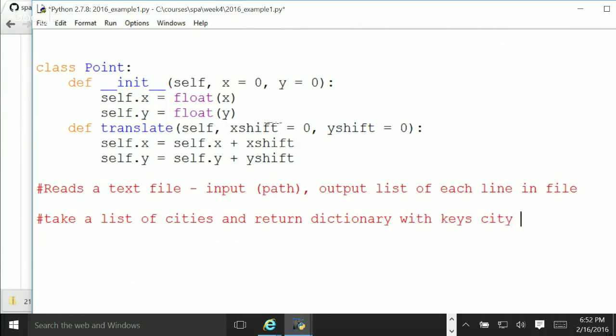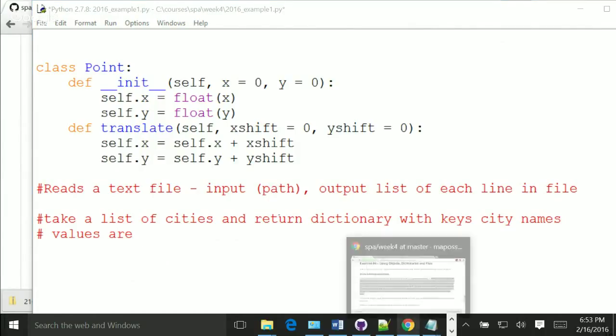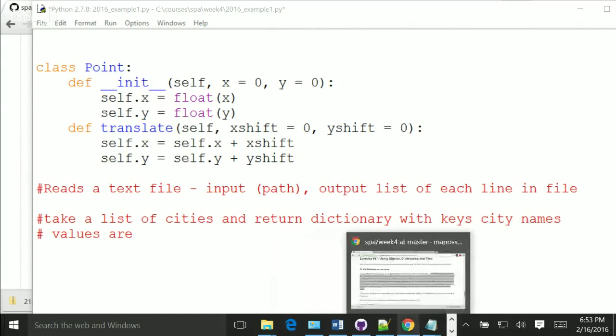Keys, city names, and the values. I'll hit enter here. The values are,